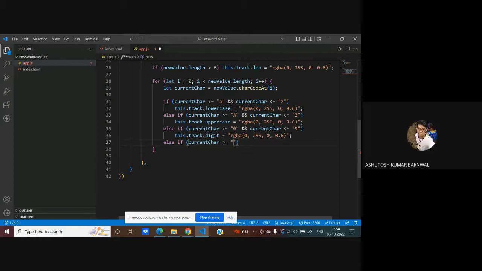Sir, can we simply put else here, like else this dot track dot specific? So if we exclude lowercase, uppercase, digits, what all things can we have here? Will we be left with only the special characters? I think space is something that we need to exclude, because that should not be considered as a special character